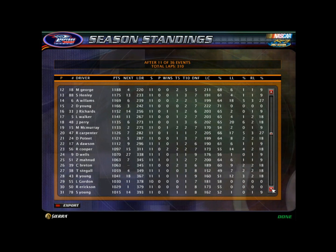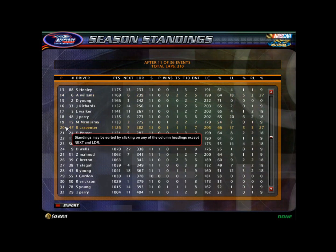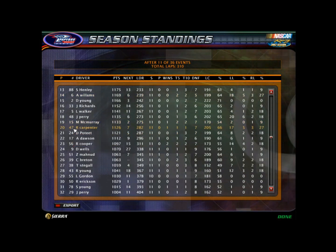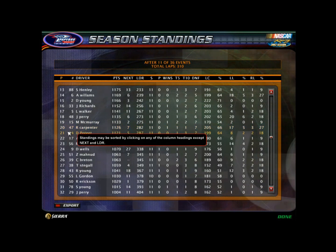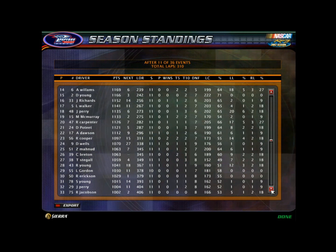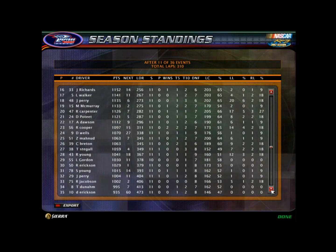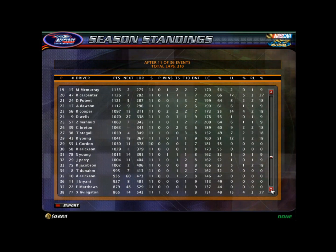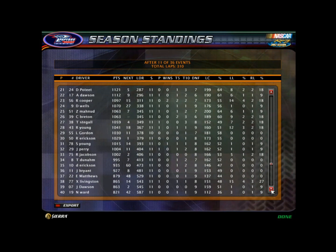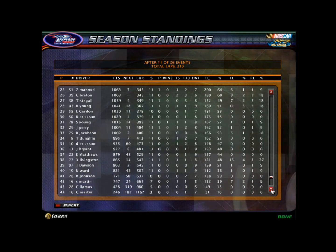Jack Richards. And there you see Randy Carpenter. Randy Carpenter takes the last spot from Dylan Poteet. And these are some of the guys that are gonna be in the All-Star Showdown. Dylan Poteet, Alexander Dawson, Danny Wells, Connor Breton, Theo Stiegel, Robert Young, Lewis Gordon, Roxy Erickson, Joshua Perry, Ronald Jacobson, Trent Dunham, Dakota Erickson,